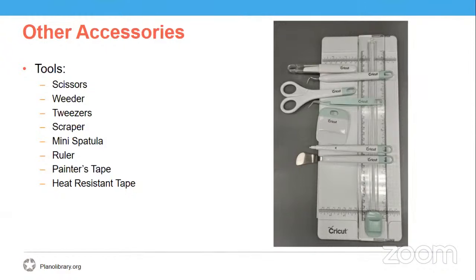But we also have the weeder. The weeder is this second from the top tool. It looks kind of like a dental tool, but it's used to pull off extra material around a design to expose fine details. So it's actually my favorite tool of the bunch because it really does help you pull up those small details around your design